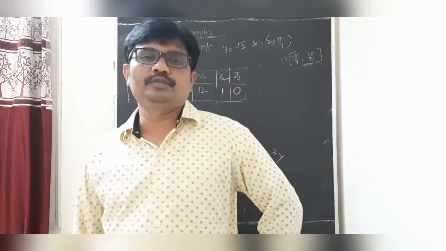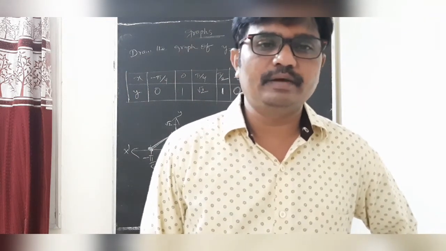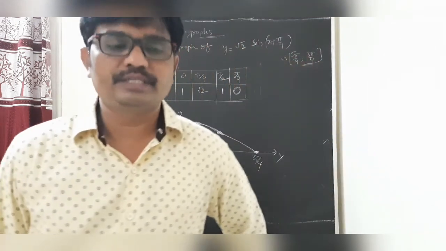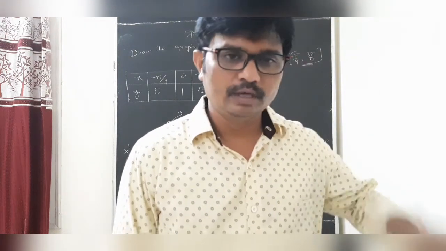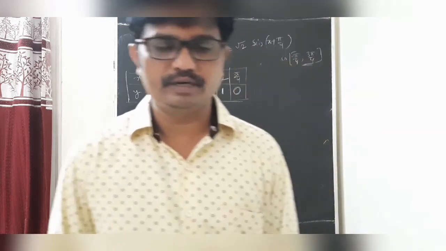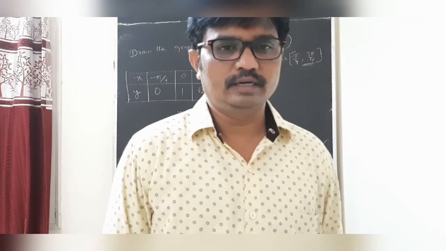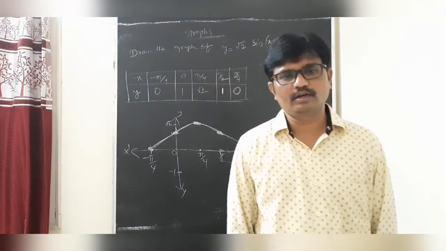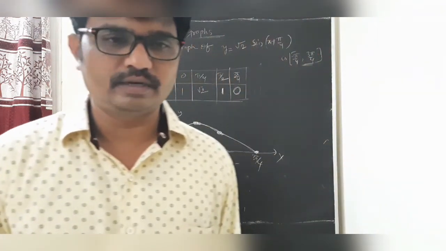The domain of cosecant x is R minus n pi, range is minus infinity to minus 1 union 1 to infinity. Domain of secant x is R minus of 2n plus 1 into pi by 2. Range is minus infinity to minus 1 union 1 to infinity. Okay students, these are enough. Again at the time of inverse trigonometry, we will draw the graphs of sin inverse of sin x, cos inverse of cos x, and tan inverse of tan x.